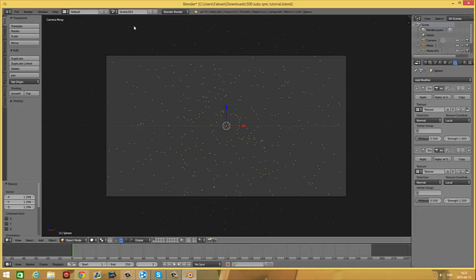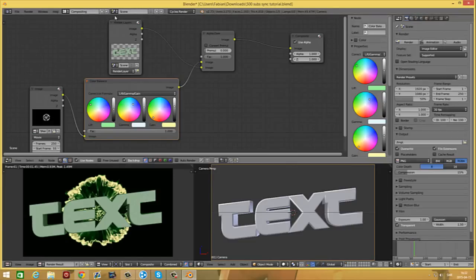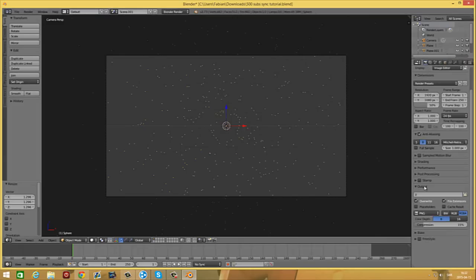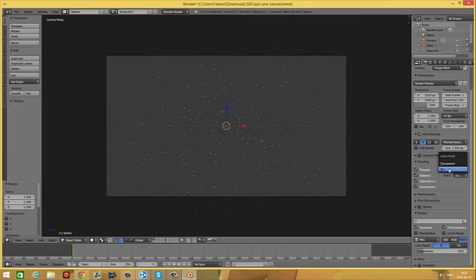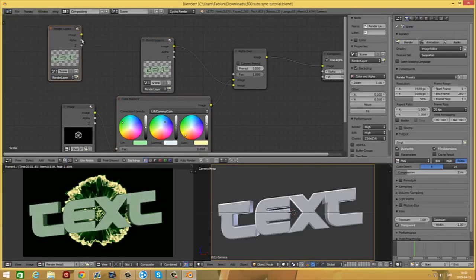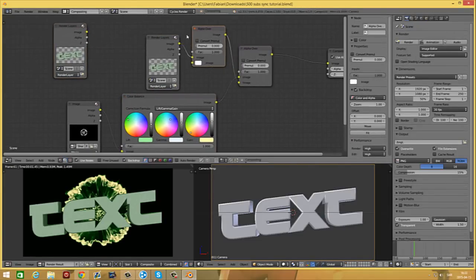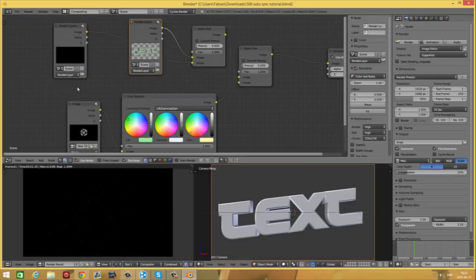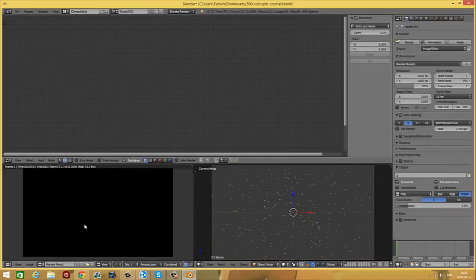Okay, now to get this so you can see it in your original scene. Also, I'm not going to compositing yet. Just first press shading and select transparent. Now you can go into compositing on the original scene. Shift duplicate this one, and you can shift this one as well. Just hook this up and change scene. Yeah, now you will have to render this one when it's transparent